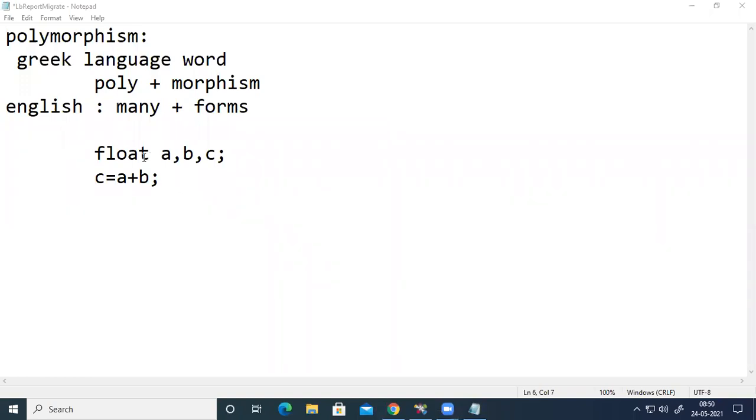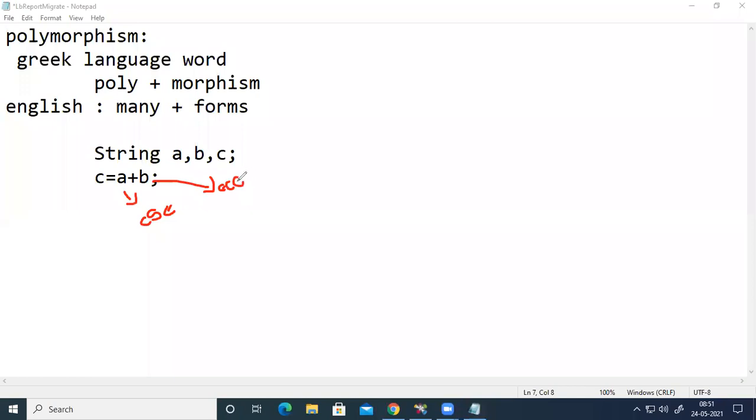And at the same time, if we define it as a string, so unfortunately string data type is not there in C, but it is present in C++ and Java. So if we declare string a comma b comma c, and if we write c equal to a plus b, then what is going to happen? For example, if a is having the string called CSC and b is having the string called ECE, right?